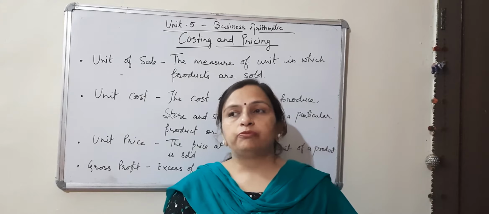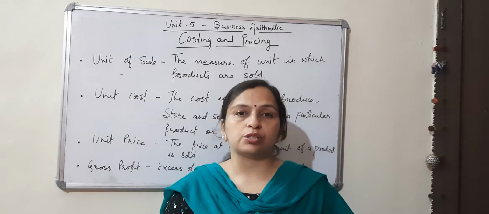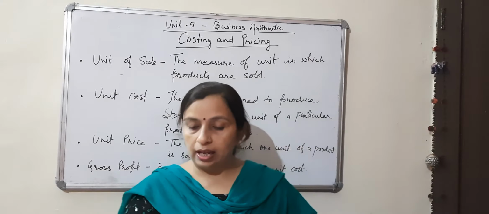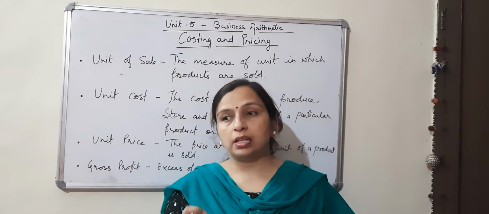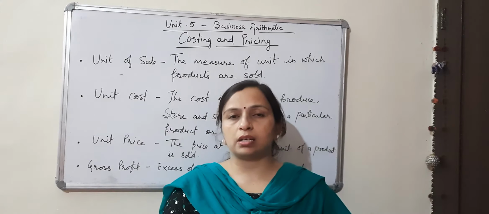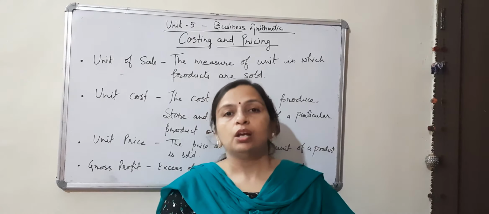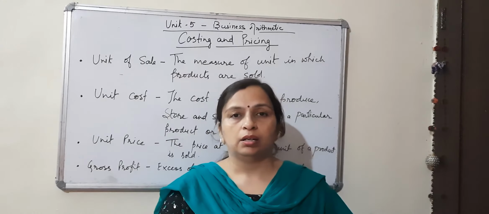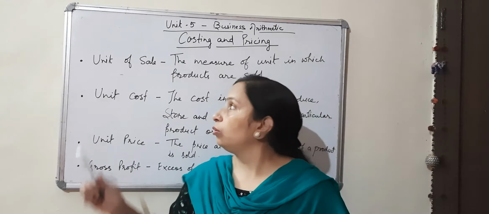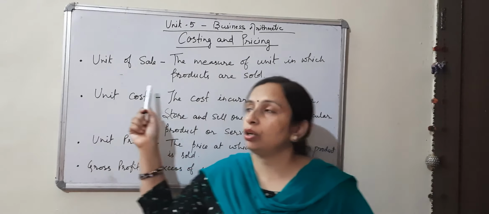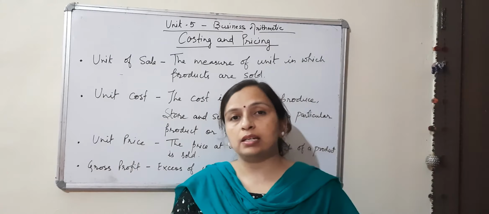Now, for a teacher who is taking tuitions, what is the unit of sale there? It is per hour, because they are giving like 4 hours in a week or 16 hours in a month. So likewise they are charging. So the unit of sale is hour. Now calculating or knowing the unit of sale for a single product is easy.